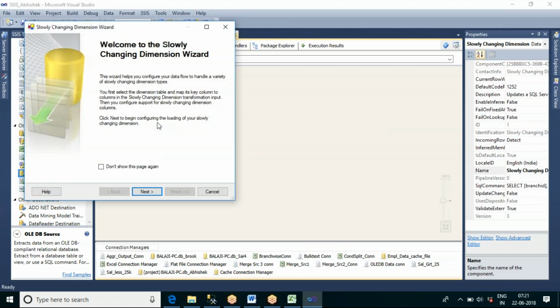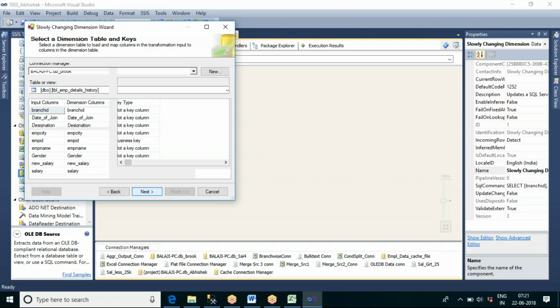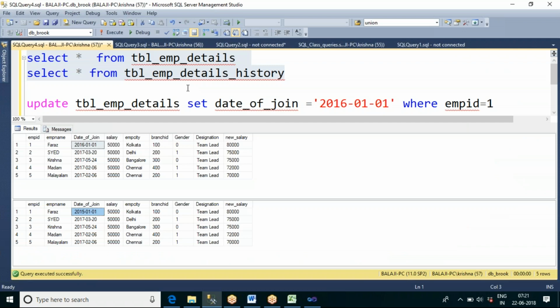And coming to SCD type 1, so type 1 is, if you want to update the column, I don't want to insert a new record if some name is changed. Let us say employee ID 4, now it is Madan there, employee name, I want to update it to something like Madan Kumar instead of Madan.